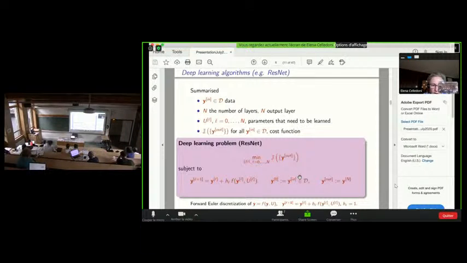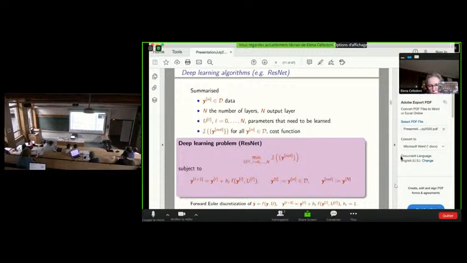So the first observation is that this constraint here, YL plus 1 is equal to YL plus HL times F, can be thought of as the discretization of an ODE by a forward Euler method.